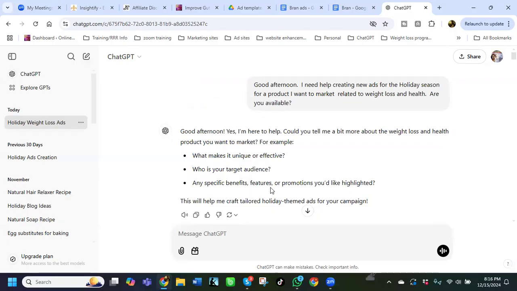A lot of people say, well, that's just too much. No, it's not. If you are just starting using the AI programs, you have to literally train it to think and talk like you. So get very detailed. The more details you give it, the better marketing it will give you. You can actually tell it to include specific